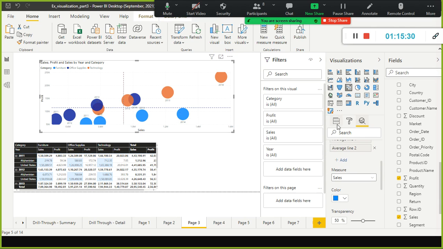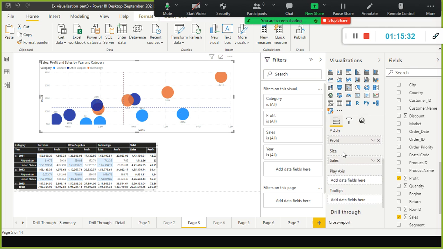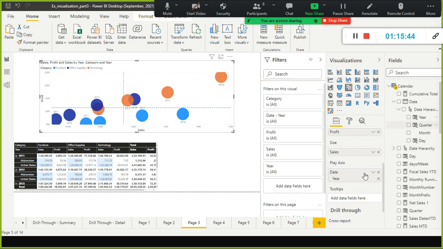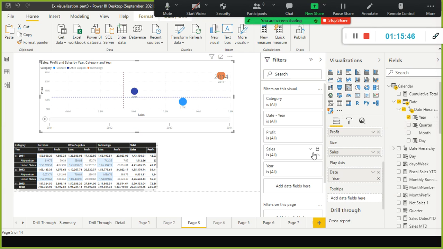We also have other fancy options like a play axis. Here I'll simply drag and drop the year. This is the year, I just drag and drop it here. This is kind of an animated thing, and when I play it, each year shows separately. If you want to pause it, you can.